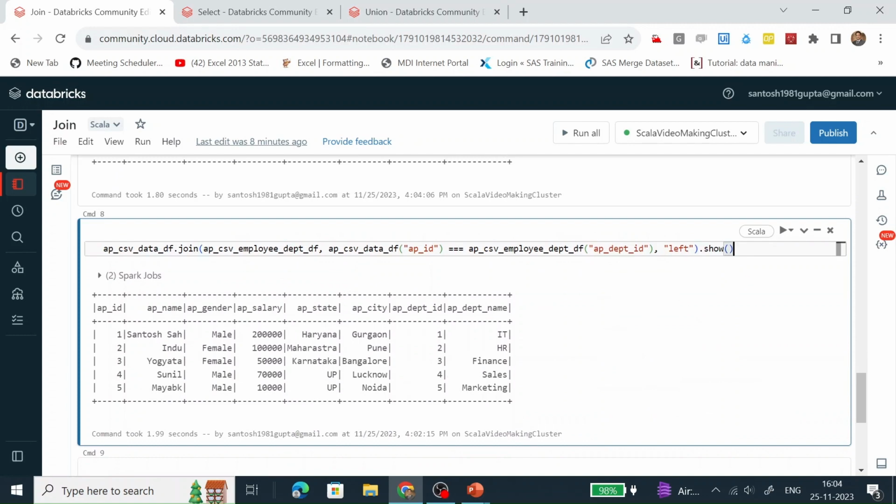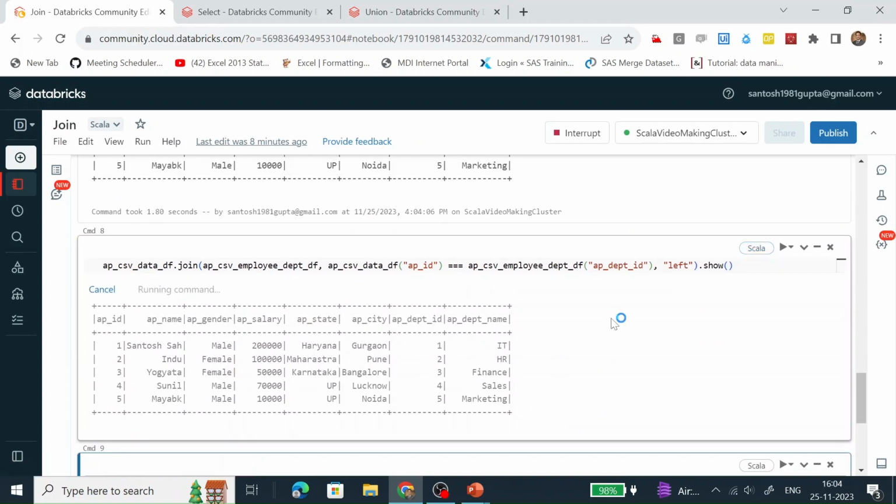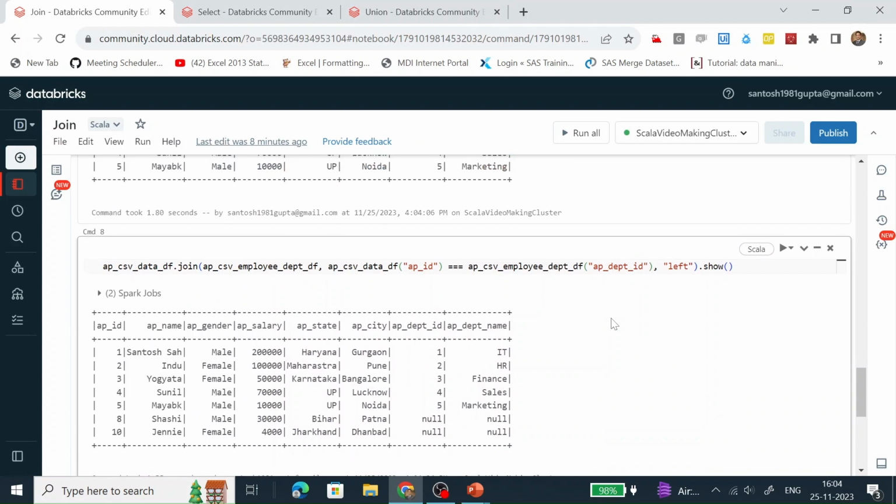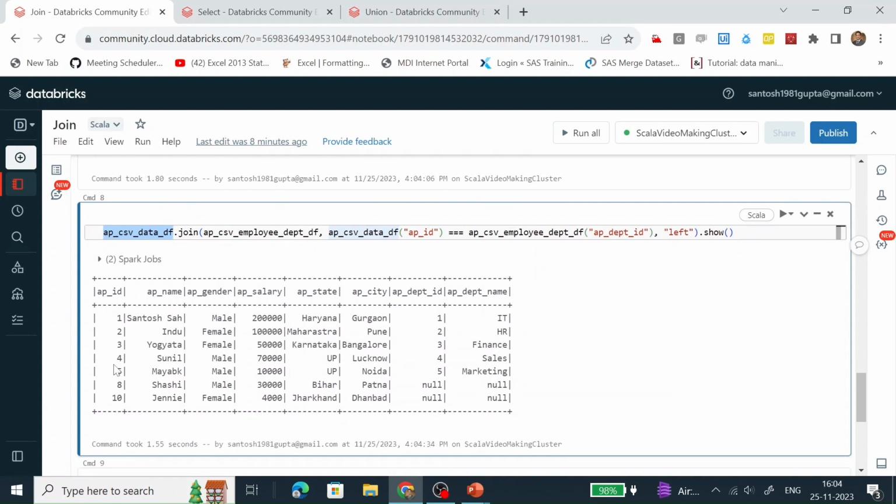Now let's do a left join. So what is the left join table? This is the left join table. Whenever we do a left join, it will return all the rows which are present in the left table and all the matching rows which are present in the right table. So we can see the output here. All the 7 records are there.